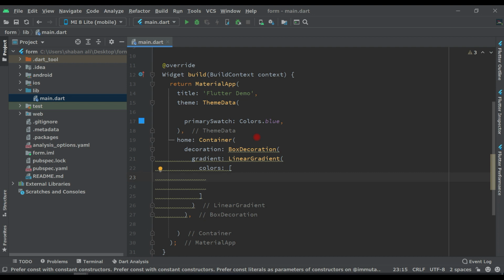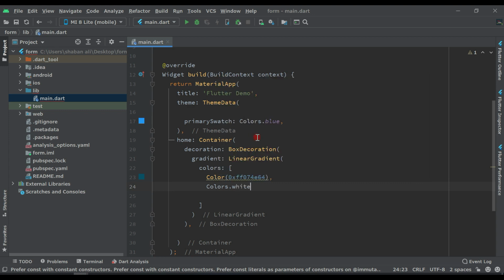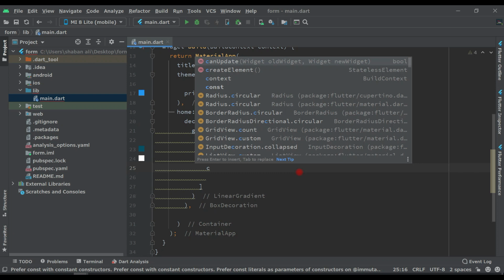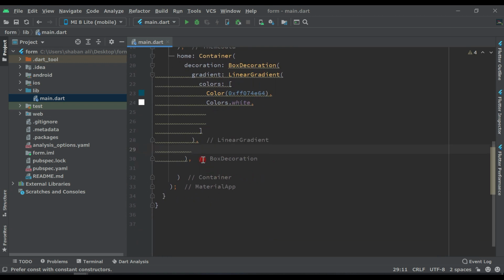Inside this, first of all we will write this color, and the second one Colors.white, this one. Then after the box decoration, after this child,